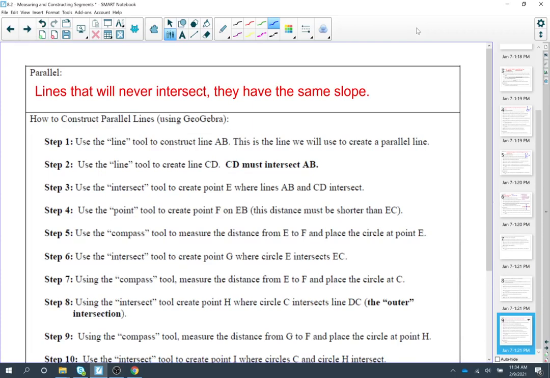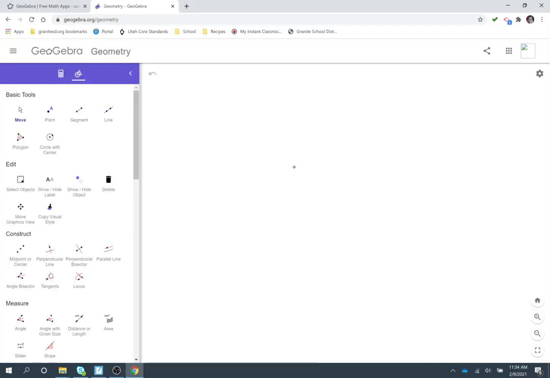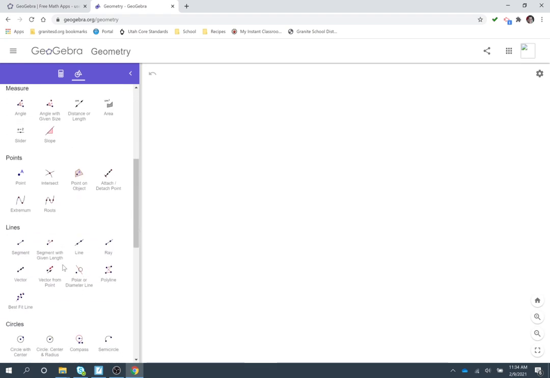Constructing parallel lines. So first of all, parallel lines are lines that will never intersect, meaning that they have the same slope. Typically the picture we see for this one is a line that looks like this, a line that looks like this, and then the way we mark parallel lines is you put these little arrows which tell you that they're in fact parallel. Now in order to construct our parallel lines, we're first going to start down here, find your line tool,